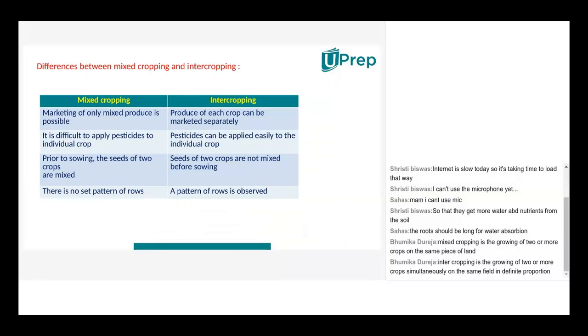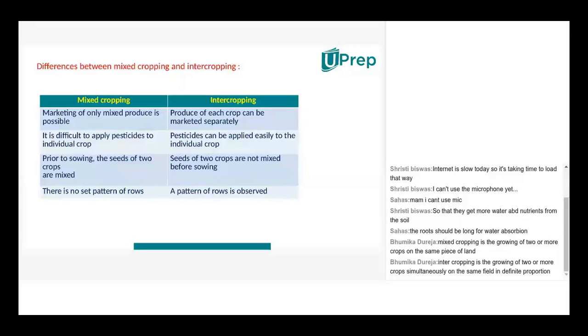So what are the differences between mixed cropping and intercropping? In mixed cropping, marketing of only mixed produce is possible. As I said, when the farmer would be harvesting the crops, just imagine mustard and wheat, it would be all mixed, right? So he has to sell it also like that. The crop will be in a mixed form. Whereas in intercropping, obviously you will harvest them separately, the yields will be separate, so you can sell them separately,